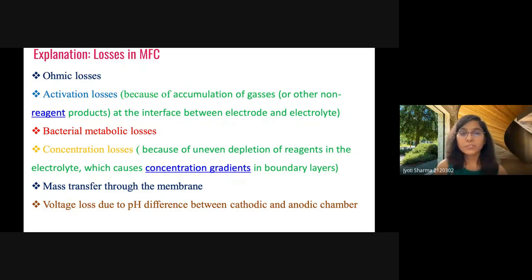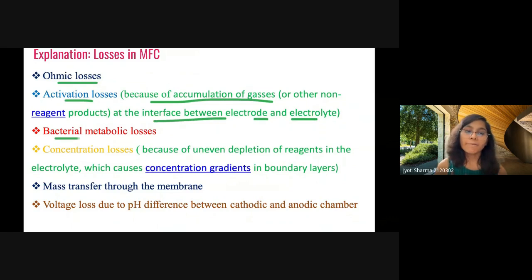We do have different losses: ohmic losses due to resistivity, obviously. Then we have activation losses because of accumulation of gases at the interface between electrodes and electrolyte. Then we also have bacterial metabolic losses. We have concentration losses due to uneven depletion of reagent in the electrolyte, which causes concentration gradient in boundary layers and mass transfer through